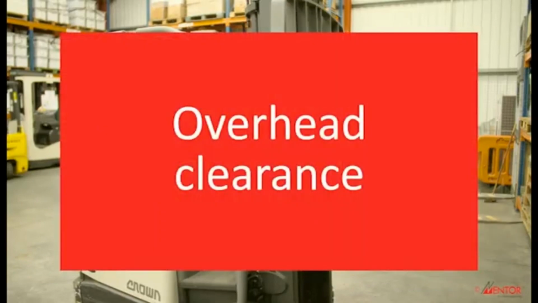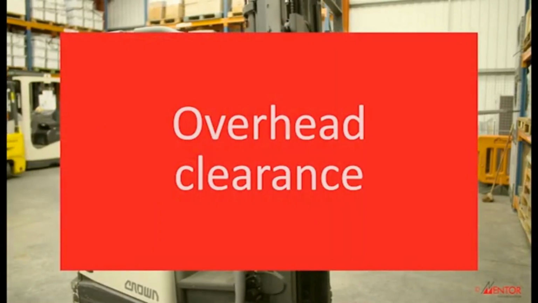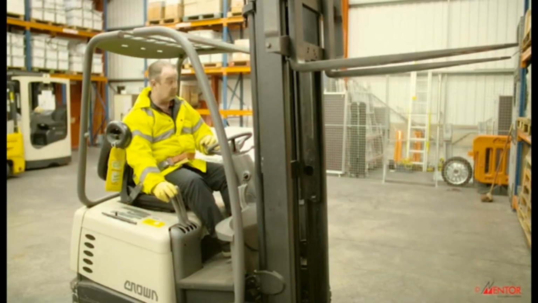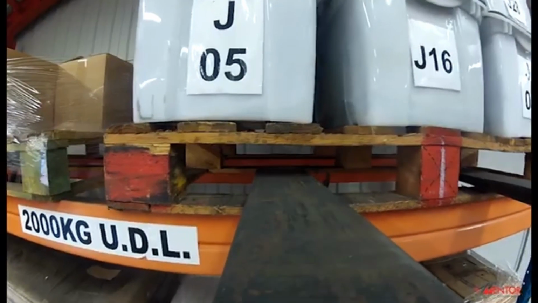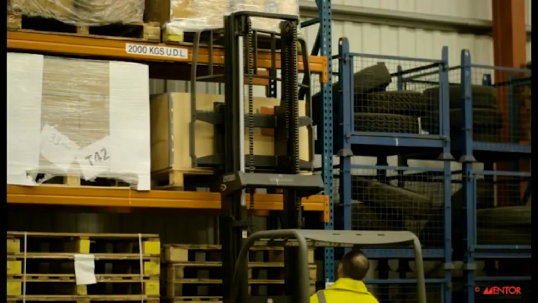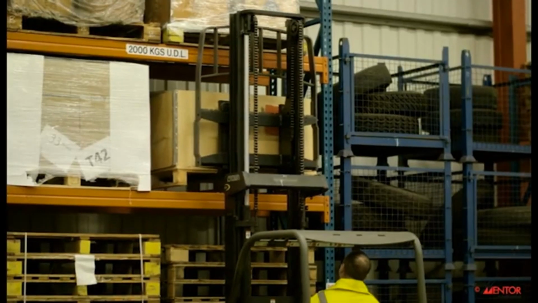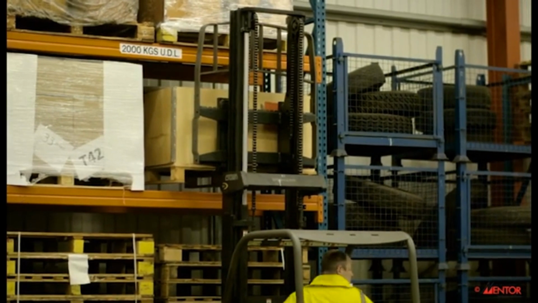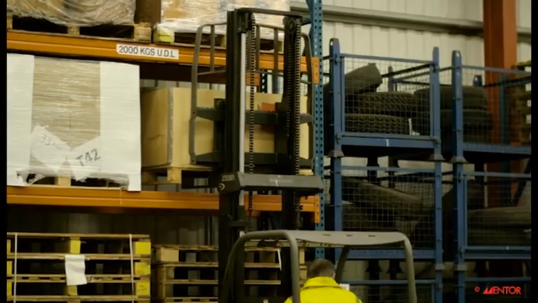It is always possible to hit something overhead with a lift truck, so you must always check before operating that your actions will be safe. You should always make sure that there's plenty of clearance for the mast and load, taking into account any doorways, pipes, cables, sprinkler systems, or CCTV cameras.